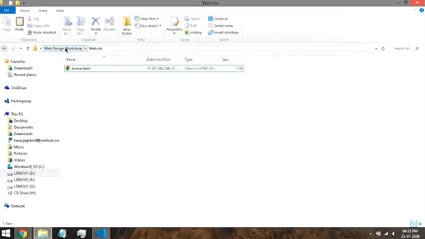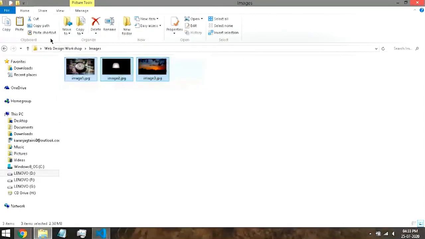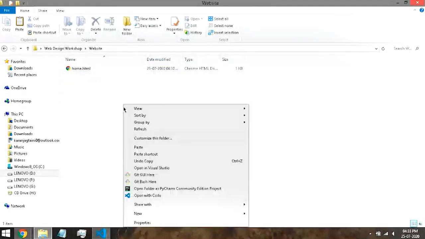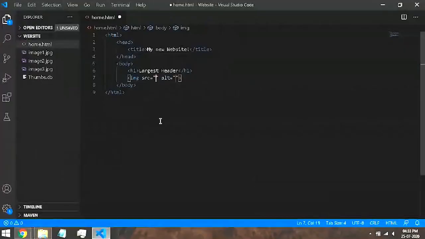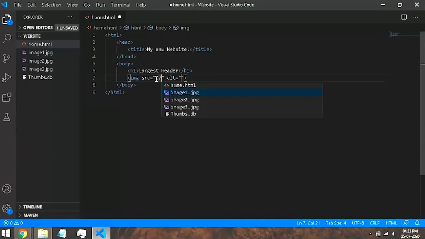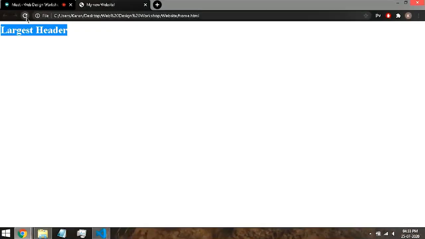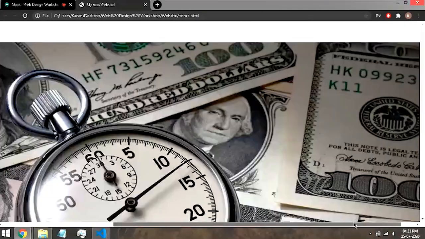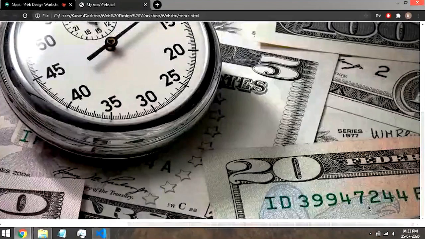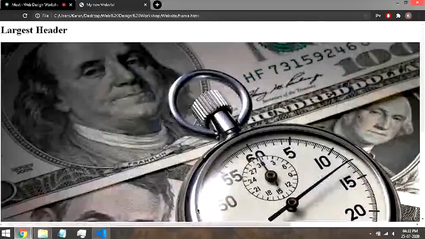So let me just get some images which I downloaded. I will get these images and I will paste them here. Done. So now I can link to these images directly because they are in my working directory. This is the working directory. As I pasted it here, you can see the images appear here as well. So now we can say / and image1. So let's see what image1 is. Refresh. So see, this is the image which we just entered into the markup of our web page.